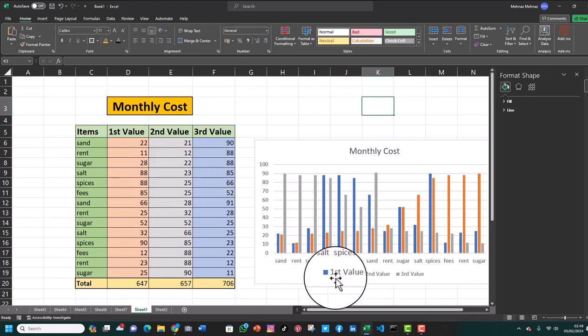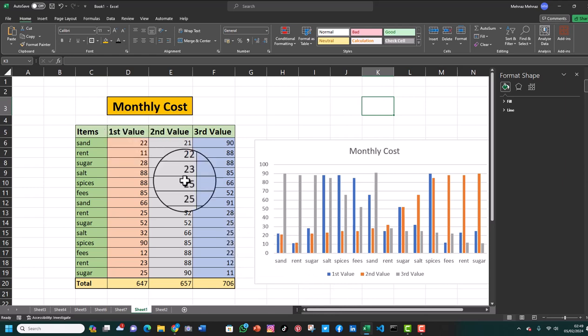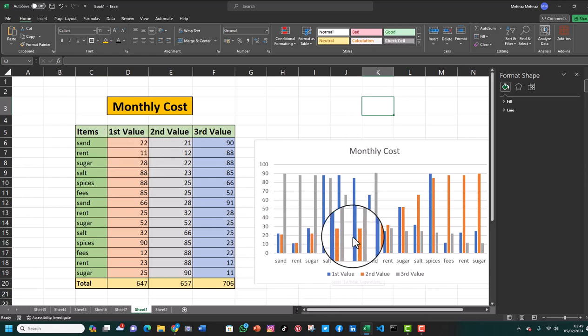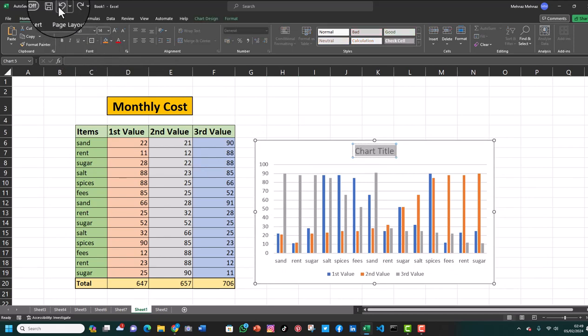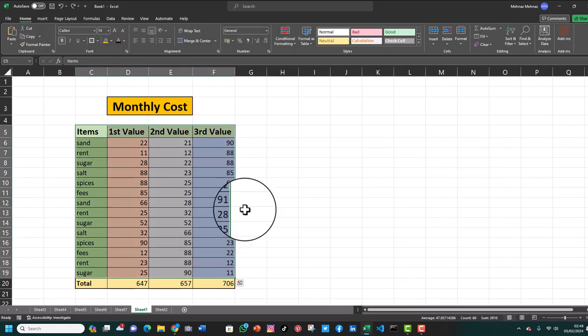And here you can see the first value. So first value is in blue, and then you have this orange color, and then you have gray color. So clearly you can see that. It's very, very easy. And if we go back and see what other options do we have here,